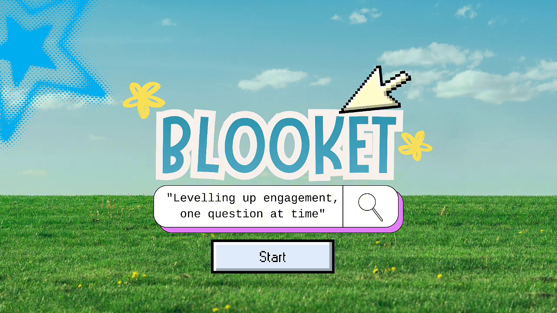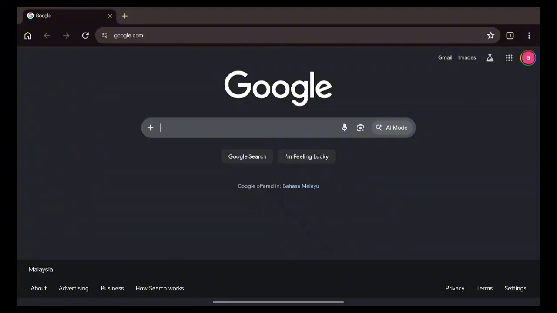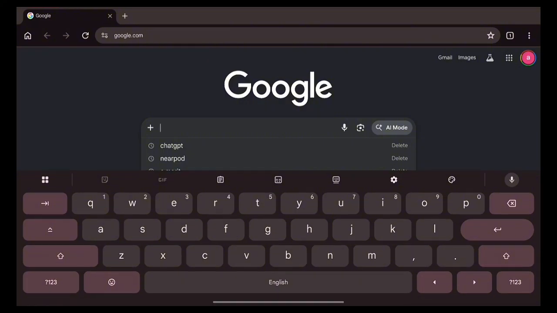Here Akila Suraimi and today I would like to share with you how we can use Blooket, especially for all the teachers who want to use this platform for your students. So enjoy! Okay, so the first step on how we can use Blooket is you must go to Google